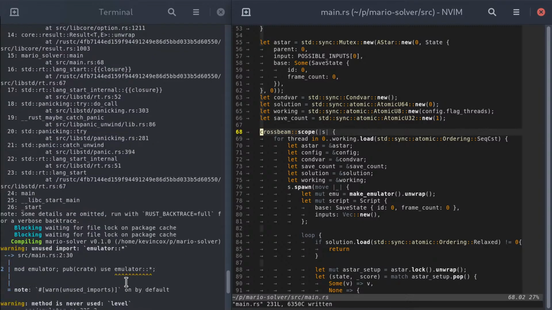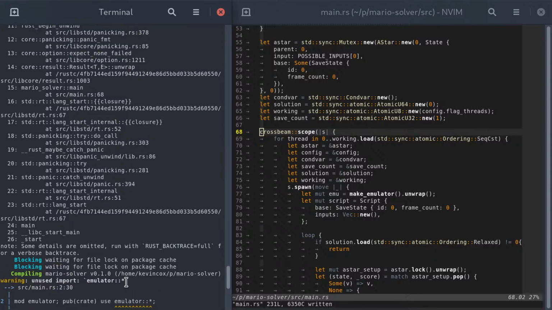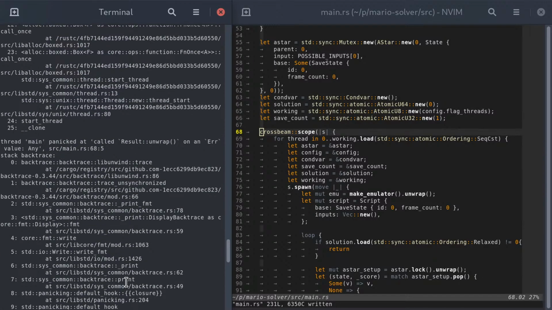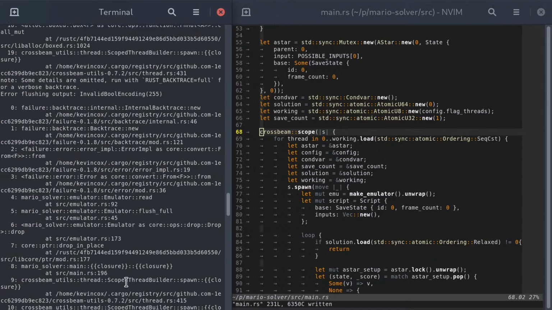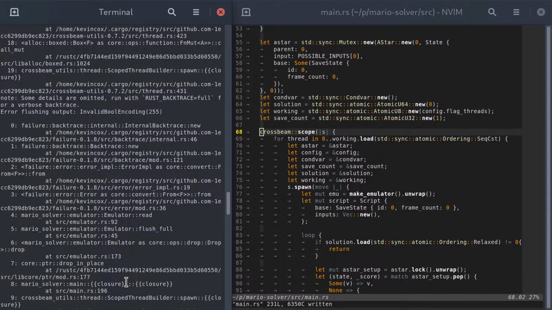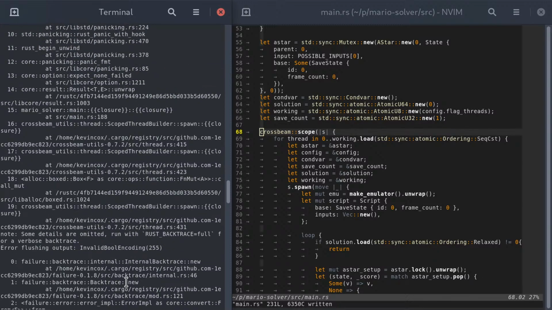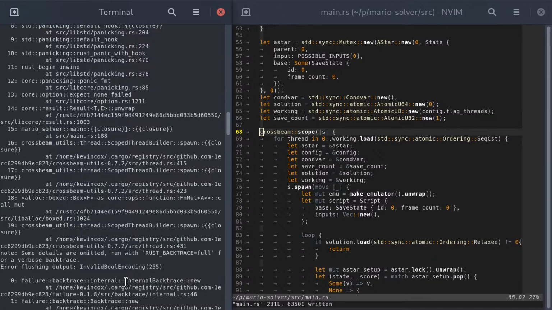Yeah, so it looks like it's coming from the child process. I don't know, there are two back choices here. Invalid bool encoding. Oh, so we have some sort of